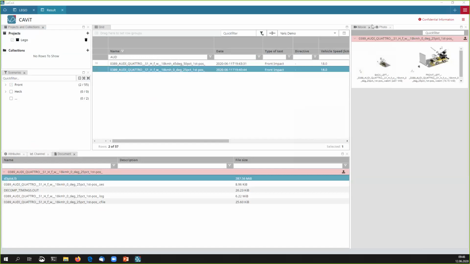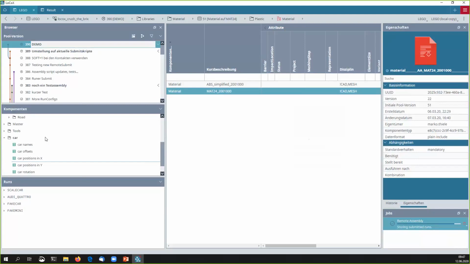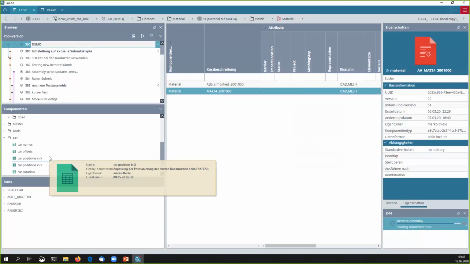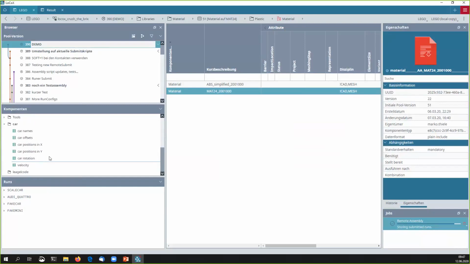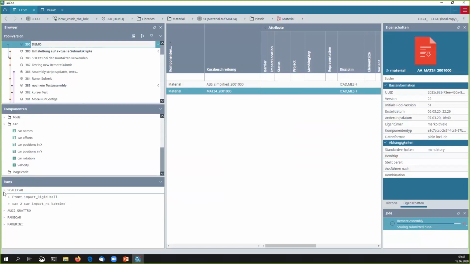So this is now a truly complete simulation data management system, from working with CAD data, working with all the other simulation data, doing the meshing, and finally submitting the runs, getting the results, and working